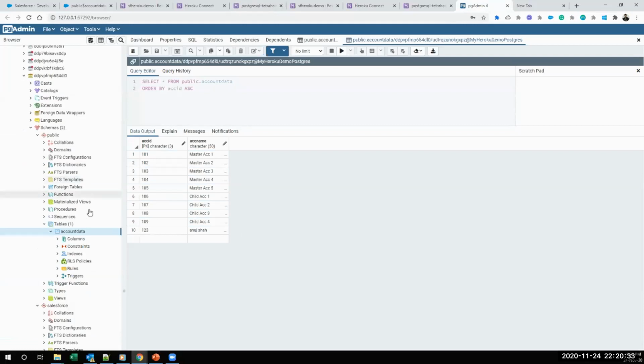If I scroll down here, you can see account data. This account data is a table which is used to store data of Global Containers. As of now, the table has two columns, account ID and account name. These are the primary key. We all know in terms of SQL, right, what is a primary key? So these are the primary key used to identify the records uniquely, and these are the account names. Now all these accounts are already available in the Global Containers Postgres database.